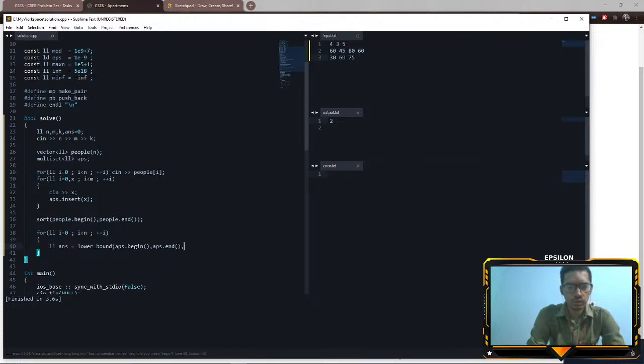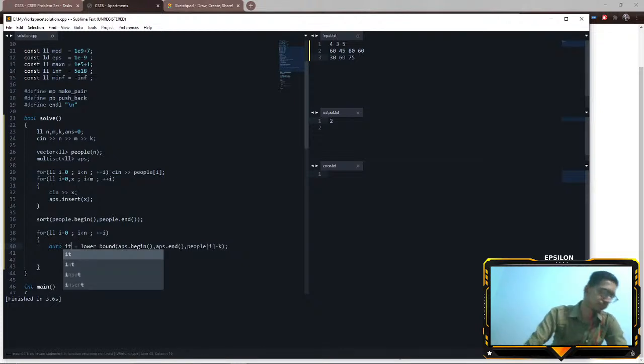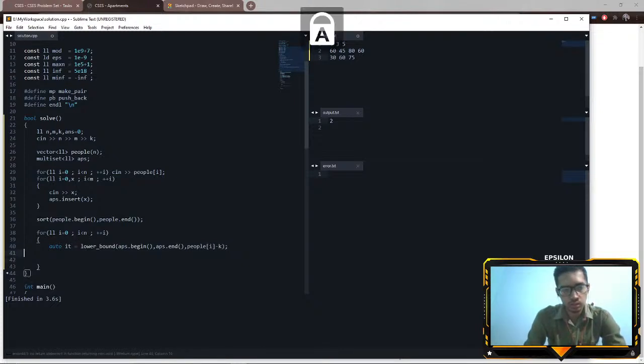You can also do a binary search here. So this should give me, this should not be long long. So this will give me an iterator,